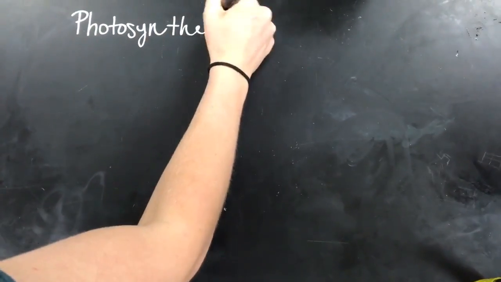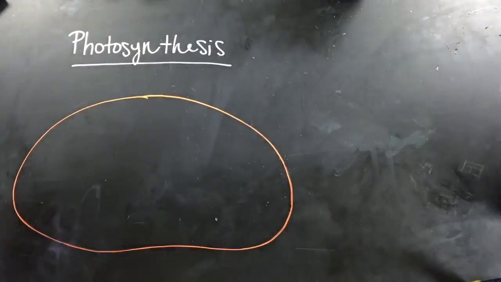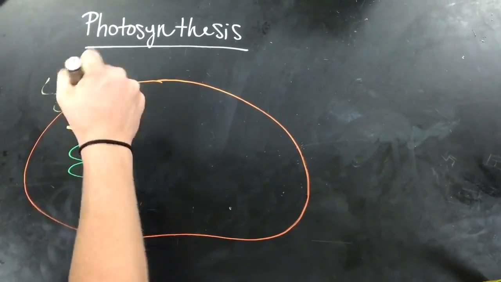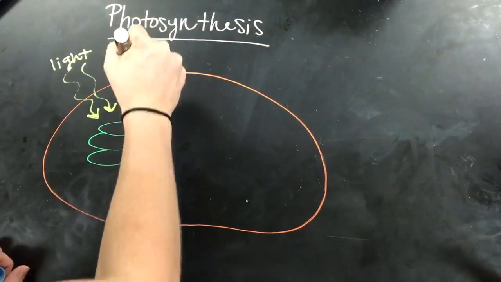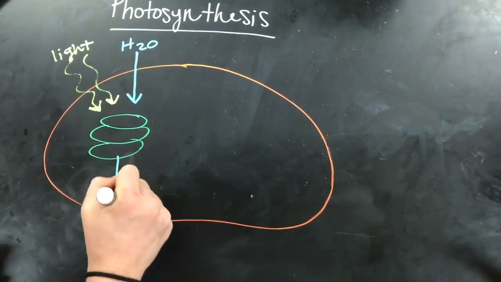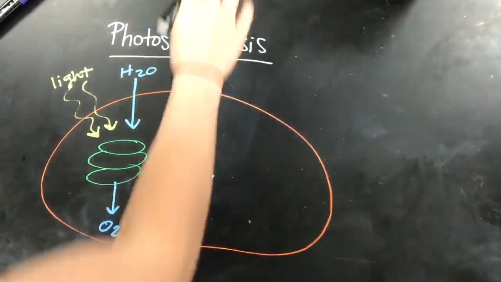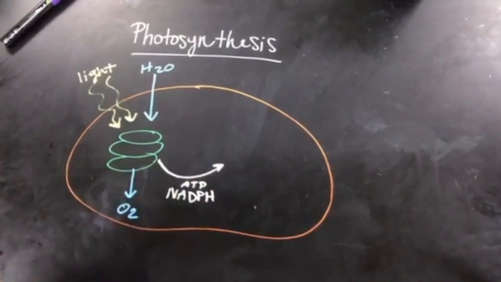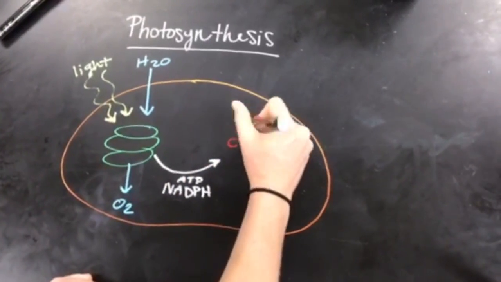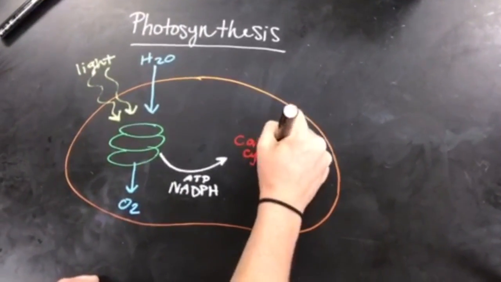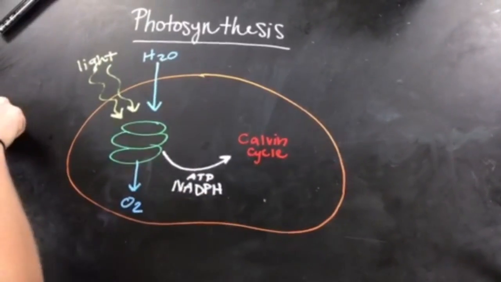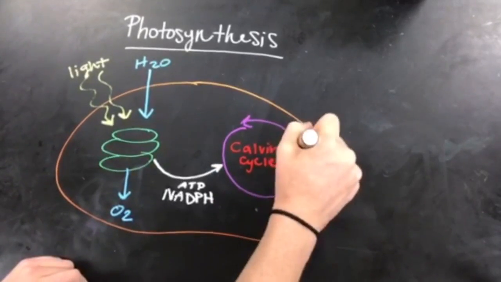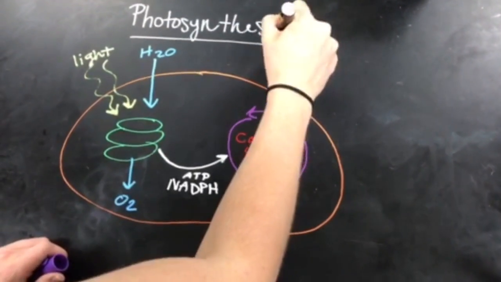Here we have photosynthesis. Photosynthesis occurs in the chlorophyll of a plant, and these are the thylakoid membranes, and this is where light-dependent reactions take place, where the water is broken up into H and O2, and ATP and NADPH are formed, which then power the Calvin cycle, which is a light-independent reaction. The Calvin cycle then produces sugar,